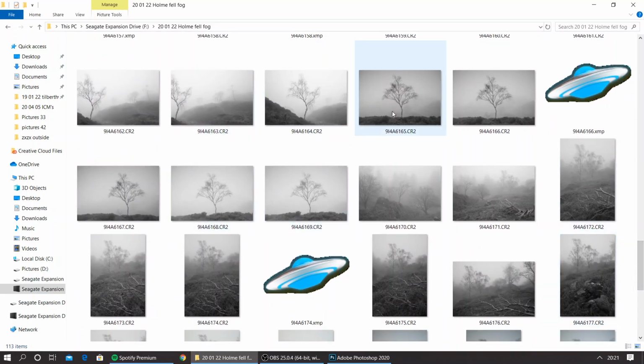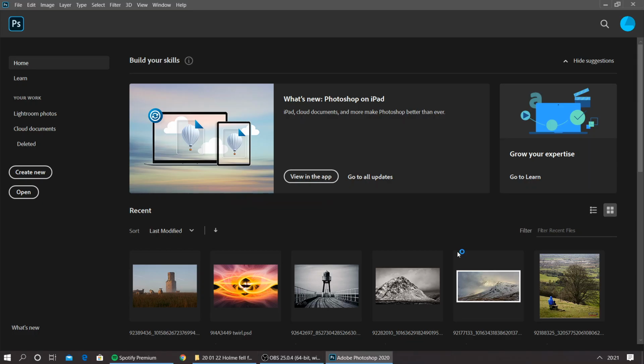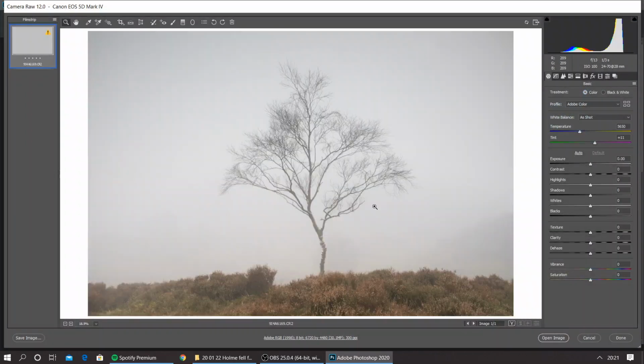You can see here how I photograph. I take plenty of shots, so I've decided to photograph this tree, and I've taken it with different exposures, with slightly different compositions. I'm going to choose this image, right click, open with Photoshop, and it takes me straight into